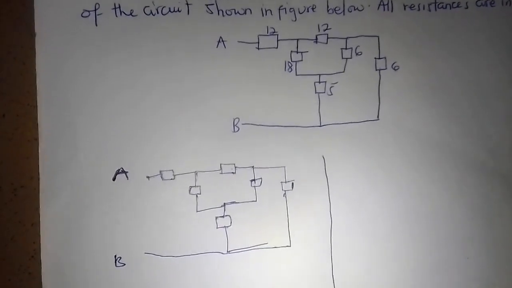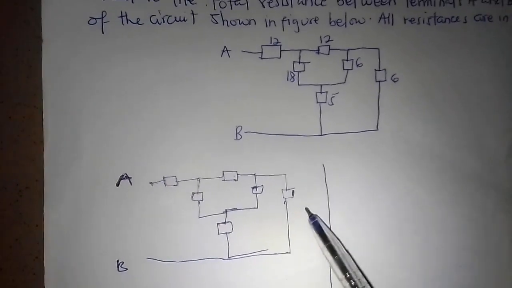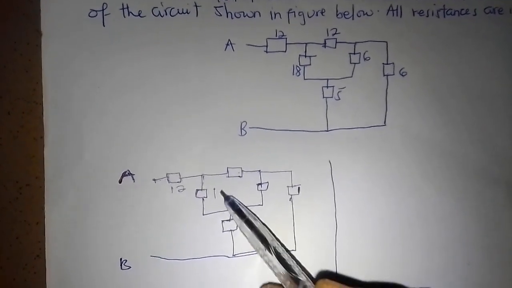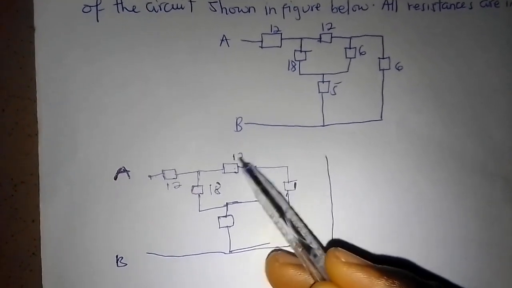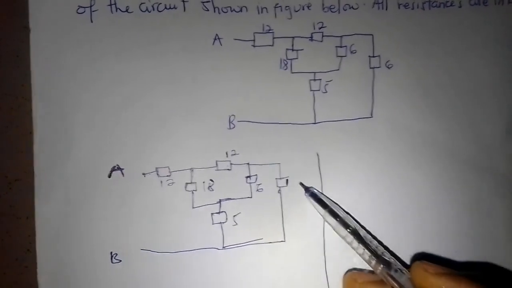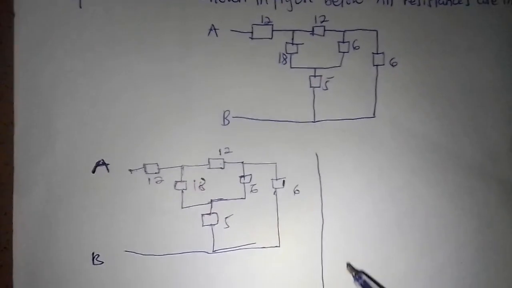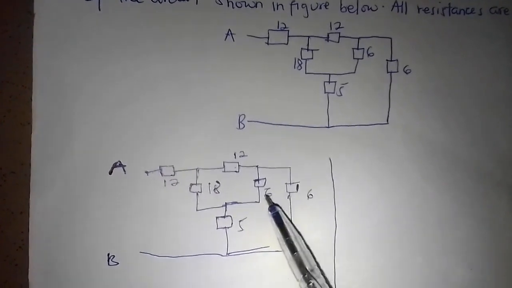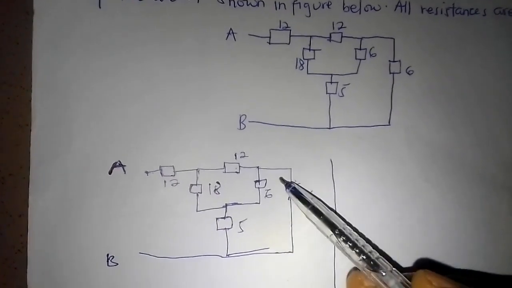So I'm going to introduce my star connection. Let me write the values here. I have 12, 18, 12 here, and I also have 6, 5 and 6. When I'm introducing the star, each terminal of the star is supposed to be in between two of the resistors in a delta connection. So I'll introduce one here,